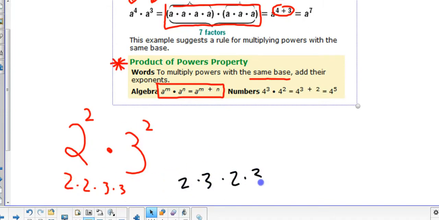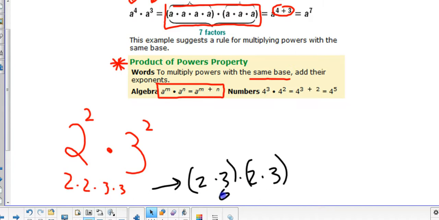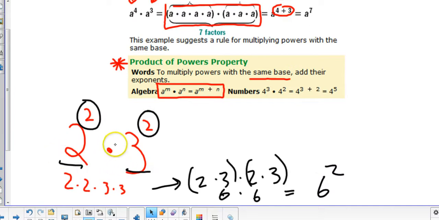commutative property, associative property, and then multiplying. If the exponents are the same, but the bases are different, the product of that would be the product to that power, because it would be the same number of those 2 times 3's. So it would be 2 2's and 2 3's, or 2 6's. So it would be 6 to the 2nd power. That's an interesting